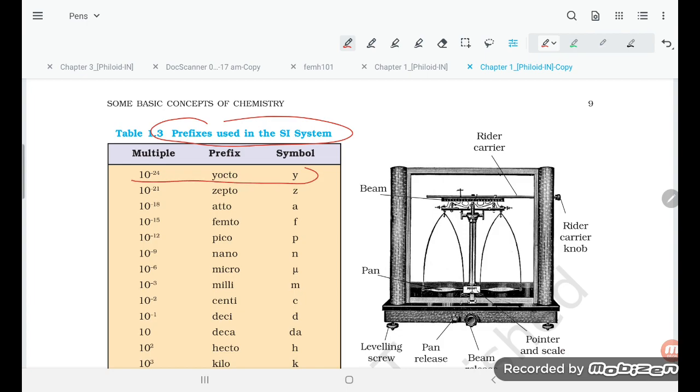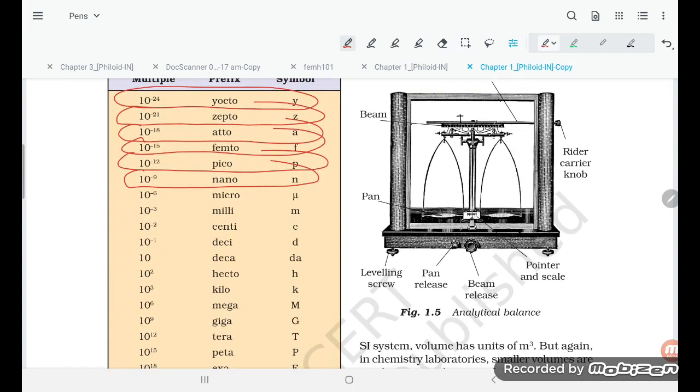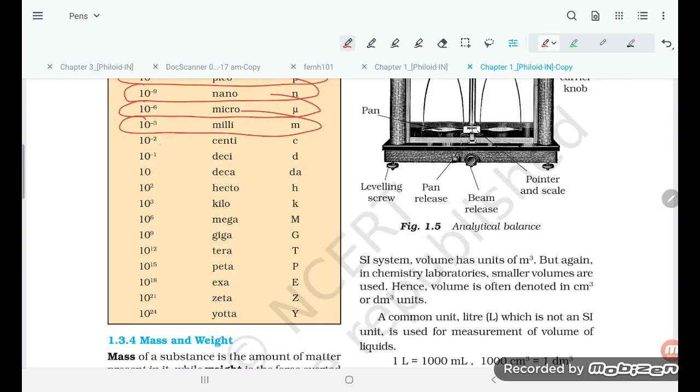So this is the Yocto 10 power minus 24, Zepto 10 power minus 21, Atto 10 power minus 18, Femto 10 power minus 15, Pico 10 power minus 12, Nano 10 power minus 9, Micro 10 power minus 6, Milli 10 power minus 3, Centi 10 power minus 2, Deci